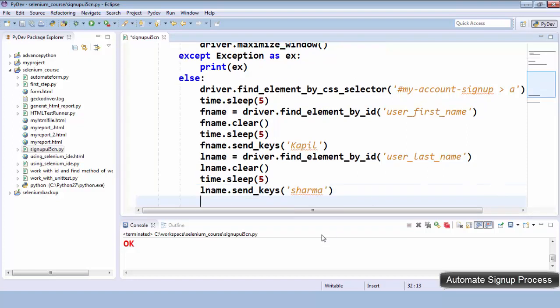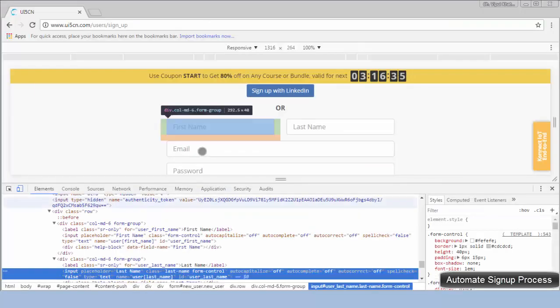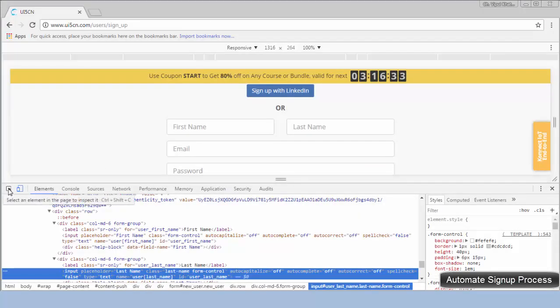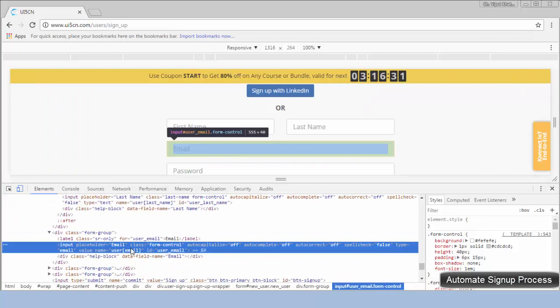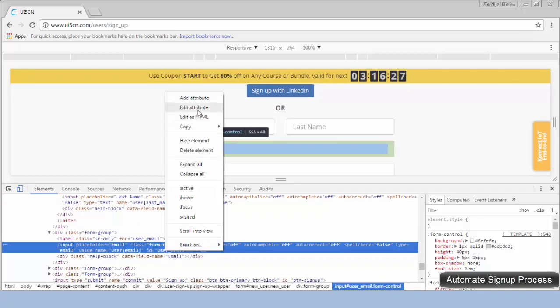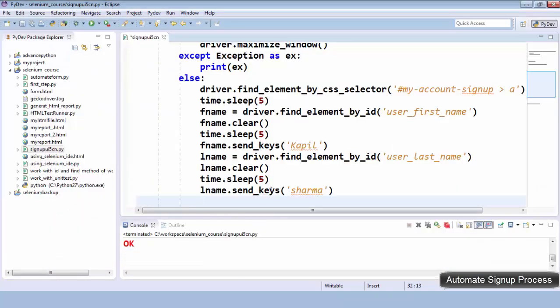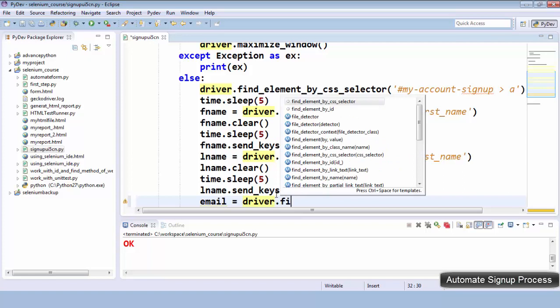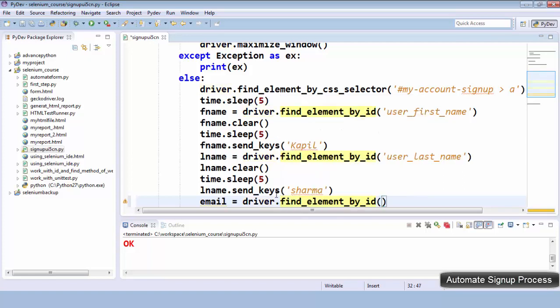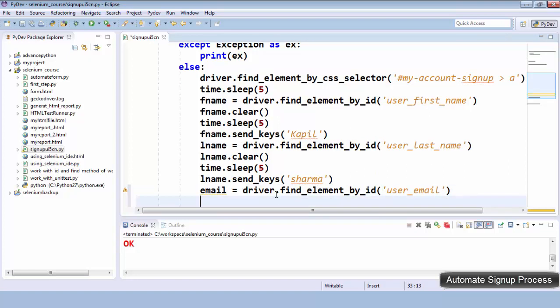And now we will see the next element. Next element is email. I will hover on it. So this is email and the ID is user_mail. Edit attribute, copy it and go here. Let's say email equals driver.find_element_by_ID, and here we could pass the ID user_mail,